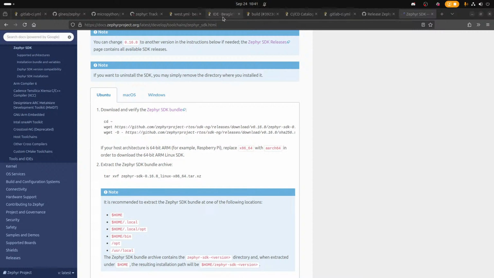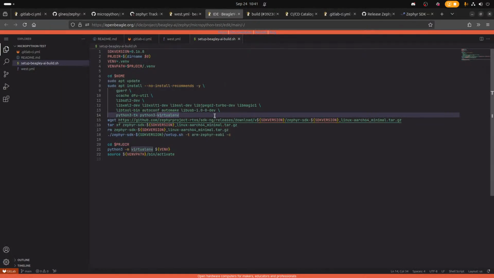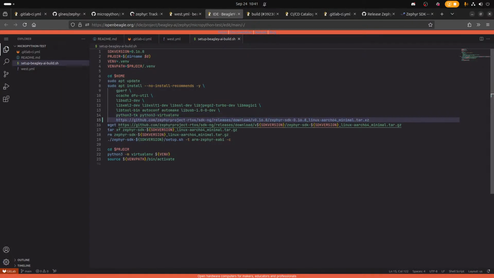Let's see if that's different than the other one. It might be slightly different. I see no difference, unless I did a typo. You were able to wget that? Yeah.